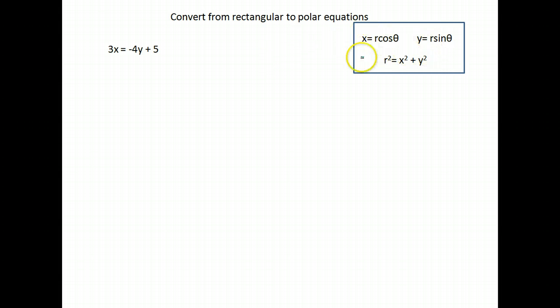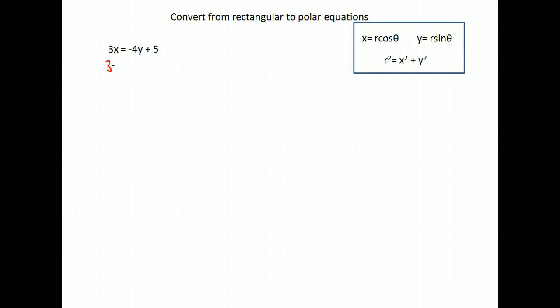Here are our basic tools that we use, and there may be some tricks that we use as we go along as we're converting these. But remember that x is equal to r cosine theta, y is equal to r sine theta, and r squared equals x squared plus y squared. Okay. So what you would want to do is take a look at the equation, replace any x's and y's with something they're equivalent to, and remember, we do know that